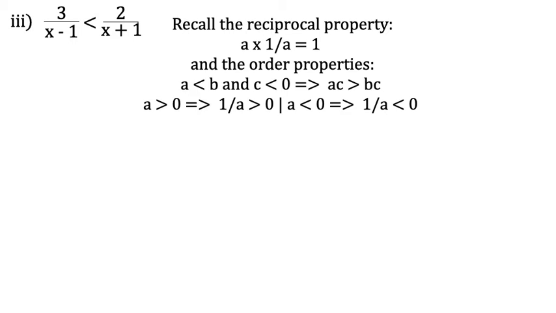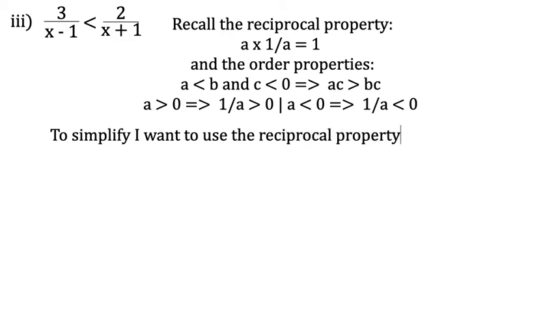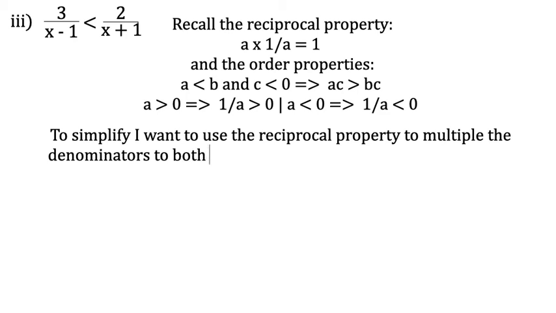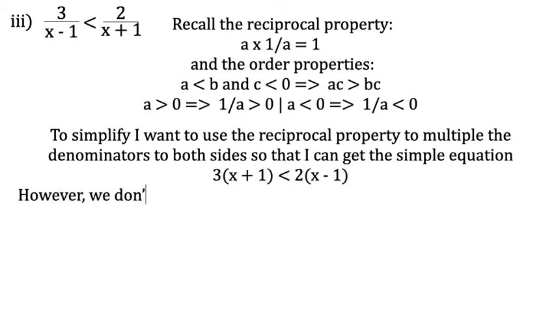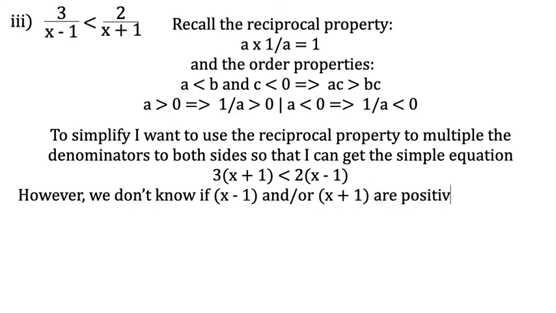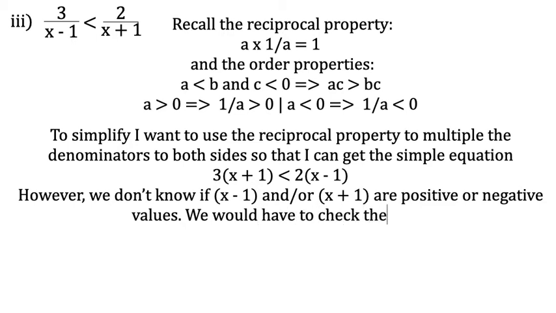less than 0. To simplify, I want to use the reciprocal property to multiply the denominators to both sides so that I can get the simple equation 3 times x plus 1 less than 2 times x minus 1. However, we don't know if x minus 1 and or x plus 1 are positive or negative values. We would have to check the cases when x minus 1 is less than 0 and x plus 1 is